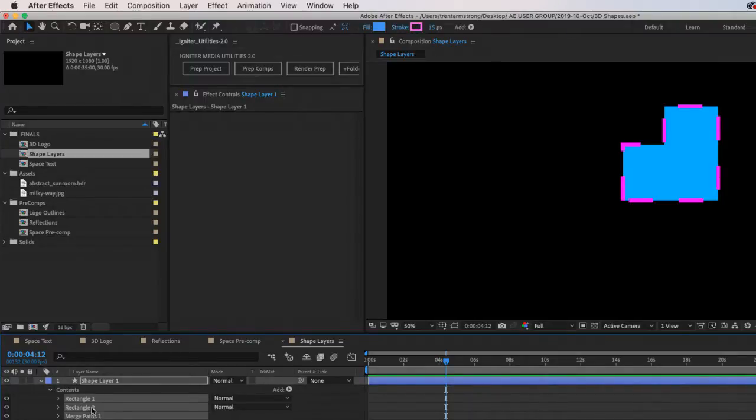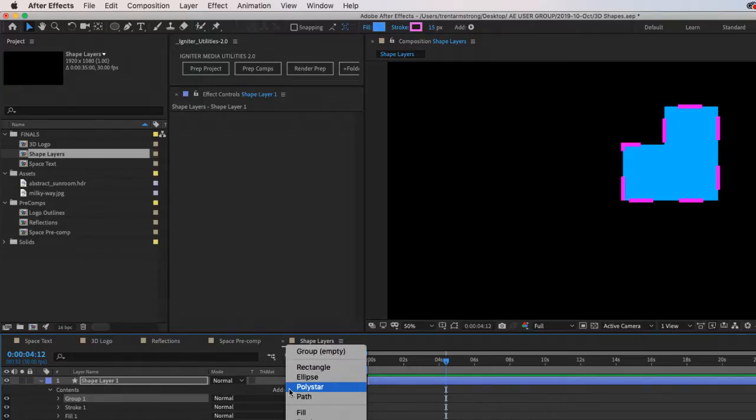So then, once I have that path merged, I can grab all of those guys like that. And actually not yet. I'm going to go group. I'll take those and drop them all in there. So that's my funky shape.